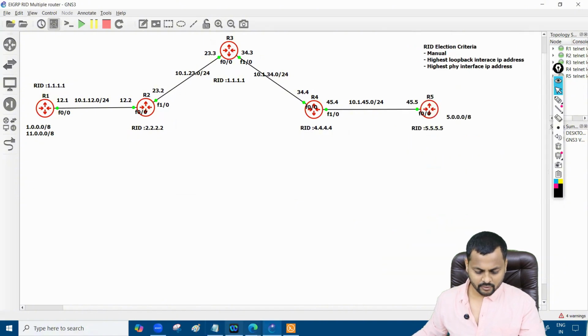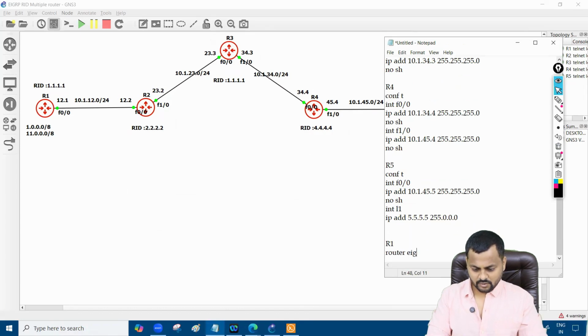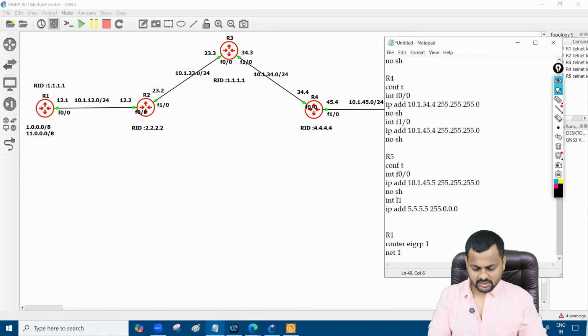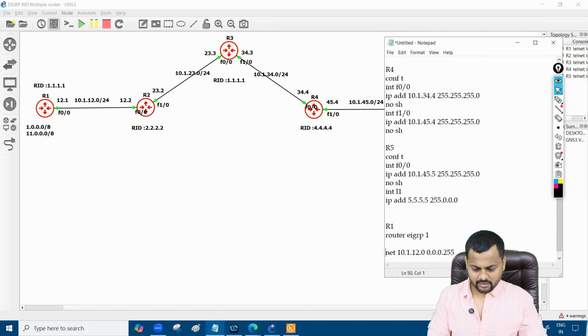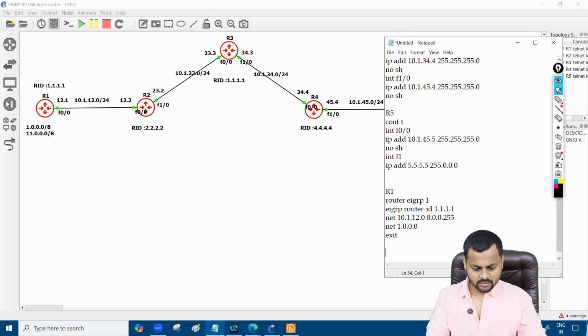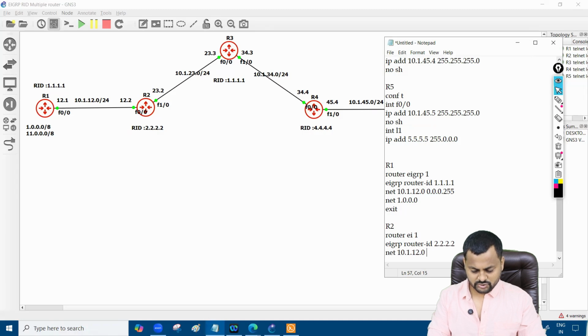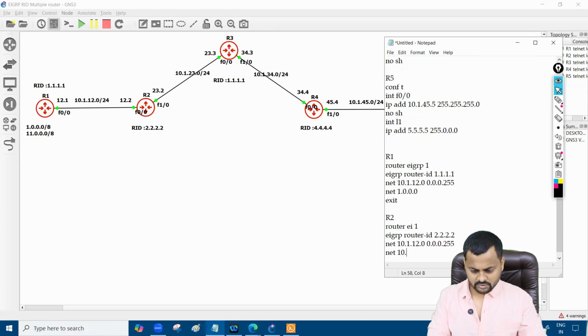Now I'll quickly configure EIGRP. On router number 1, I'll configure router EIGRP 1. Network, I'll say 10.1.12.0, and that's all. I'll manually define the router ID. This is how you can manually define the router ID 1.1.1.1. And same thing, I'll say network 1.0.0.0/8. That's all. On R2 now, router EIGRP number 1, EIGRP router ID will be 2.2.2.2, and the network I have